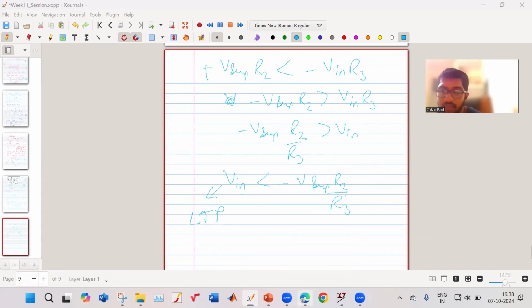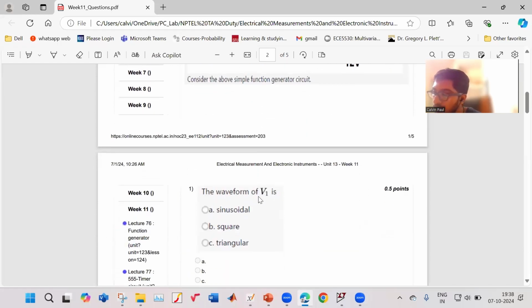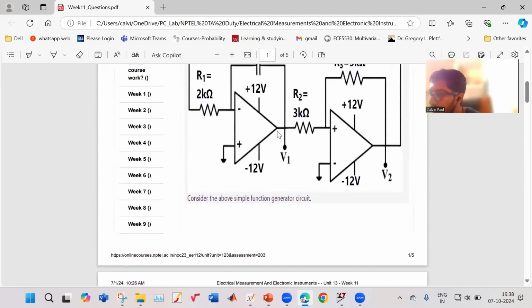तो उन्होंने क्वेश्चन में क्या पूछा है कि the waveform of V1 is what? Is it sinusoidal, square or triangle? यहाँ पे V1 क्या है, आपका ट्रायंगुलर वेवफॉर्म है. और V2 पे क्या है आपका स्क्वायर वेवफॉर्म, ठीक है।